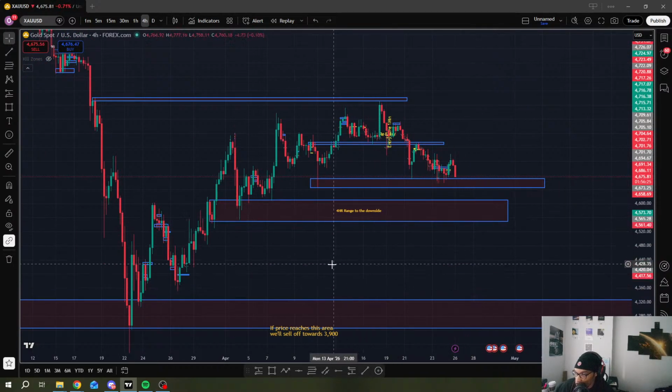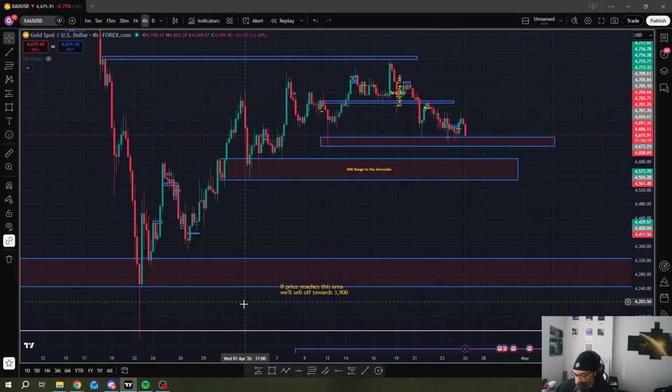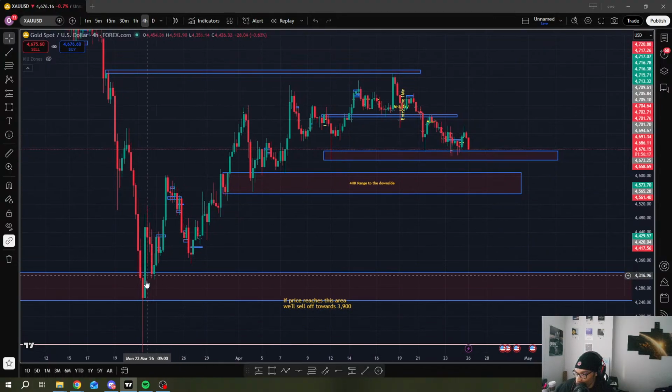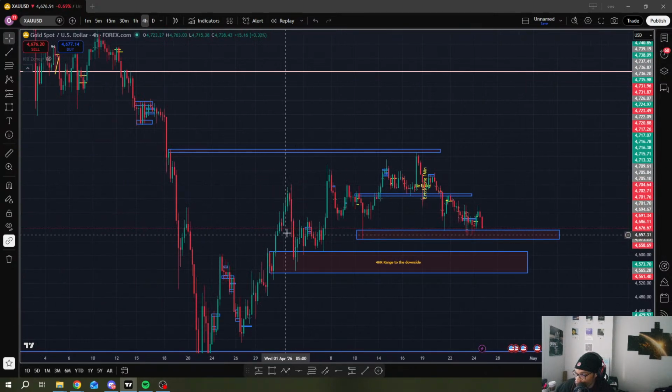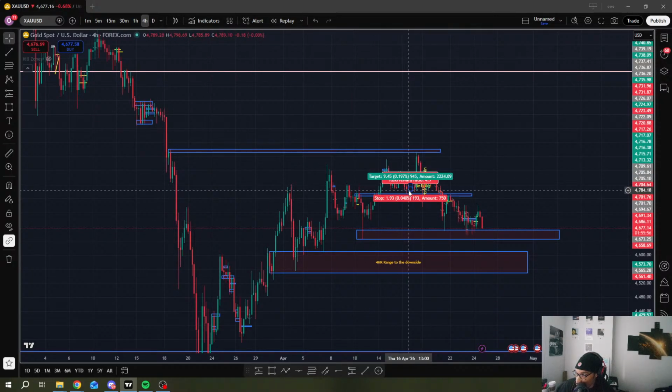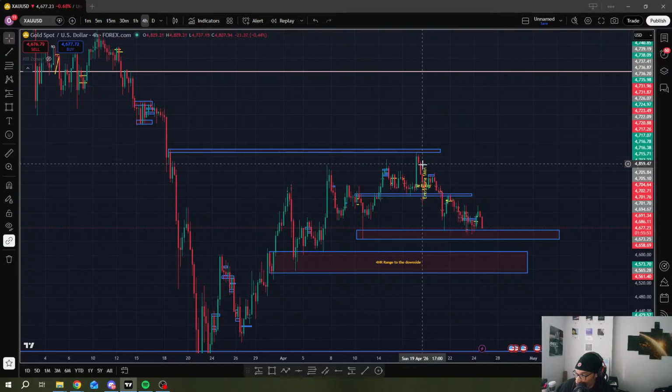As you can see, price then rallied very interestingly. We tanked all the way down here to this low, right? And then throughout the days, we ended up pushing back above these previous highs. We broke structure, and then we broke another structure, but we failed to break past these highs here. We failed to break the 4890 area. 4890 is an area in which we're seeing a lot of rejection. And as you see, we got higher high, higher low, higher high, consistent low, higher high, higher low, higher high, right? Lower low, lower high, lower low, lower high, lower low. Well, this may be forming a lower low as of right now.